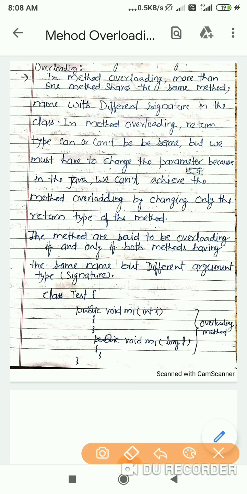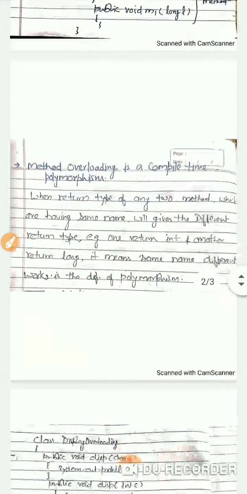Here we see that m1 and m1 are the same, but they have different parameters. One is int and another is long.